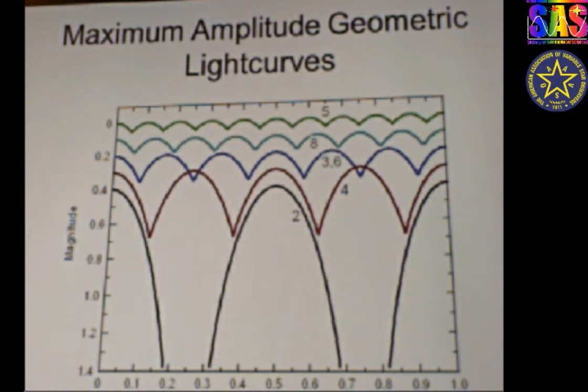Here is just a picture. This is the geometric shapes of the perfect square, triangle, hexagon, etc. This is what the light curves look like. Notice the magnitude scale over there, and by the time you get up to the top one there, which is the pentagon one, that turns out to be, it should really be the 10th harmonic, I believe, but